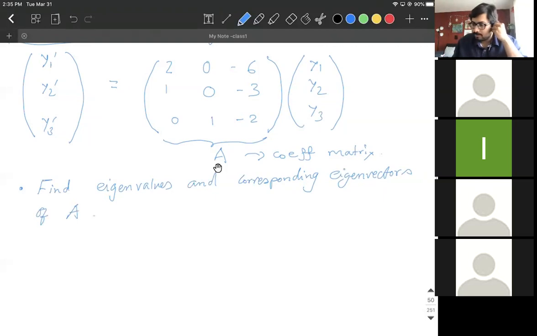We have found enough eigenvalues and eigenvectors for matrices. So still, let's write down at least